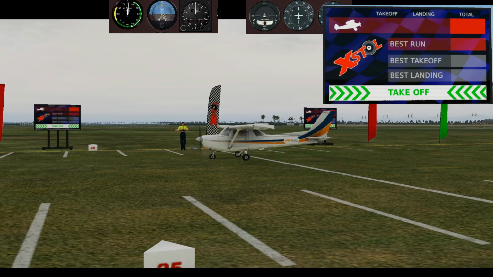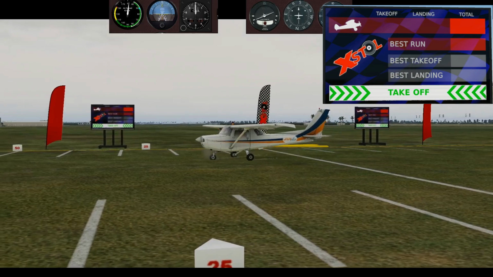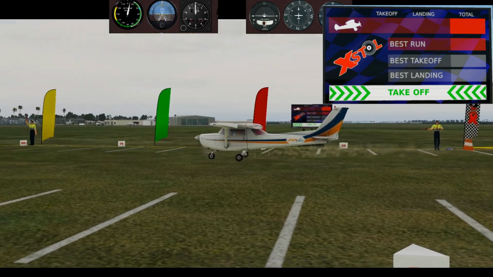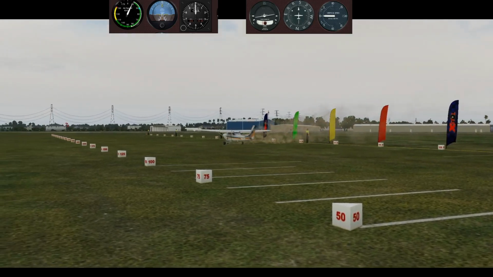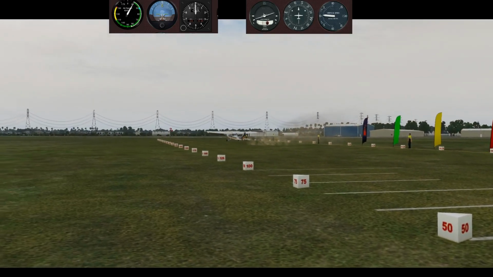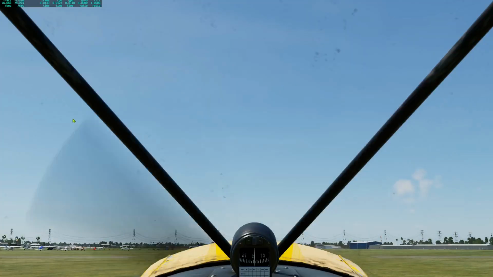If none of this happens when you taxi across the line, then just check to make sure you're taxiing in the direction of the yellow arrows on the ground. If that is the case, then you will need to do some setup on your aircraft. So having given your aircraft a try, if it doesn't work, then there's a couple of things that you can do to fix it. The first is to use,